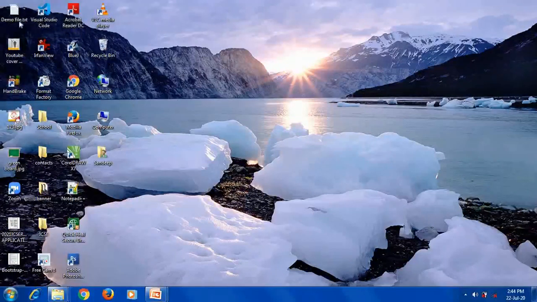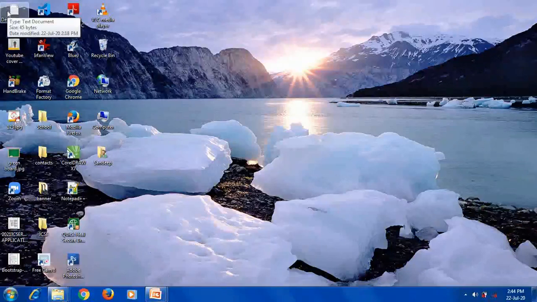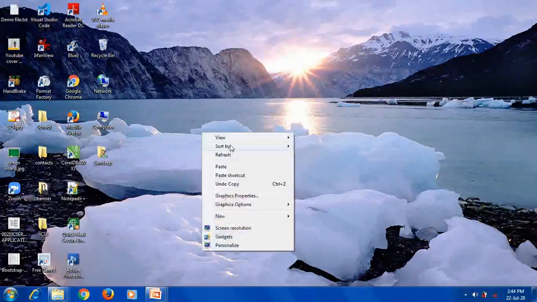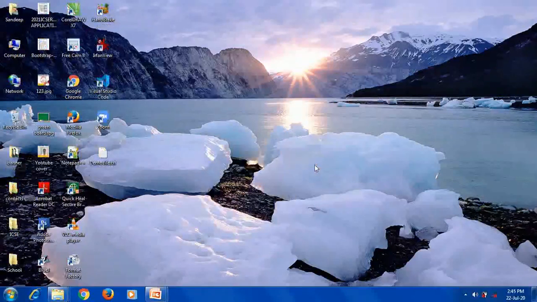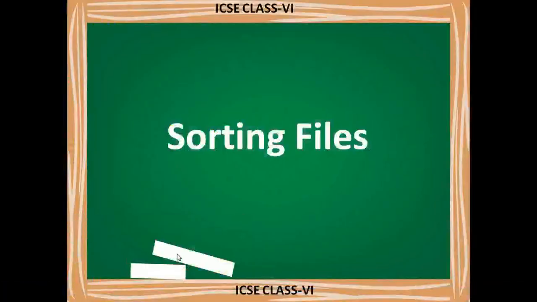You can see the demo file we created in a previous video is arranged here, means the icons, applications or files which we created recently are displayed on your desktop screen. That is the option, sort by modified. Now again I am going to keep this setting as Item type in my system. According to item type I kept these icons on my screen. So that is sorting files.